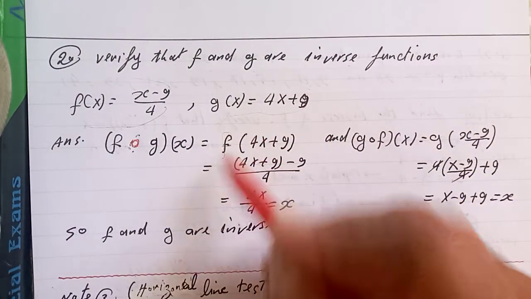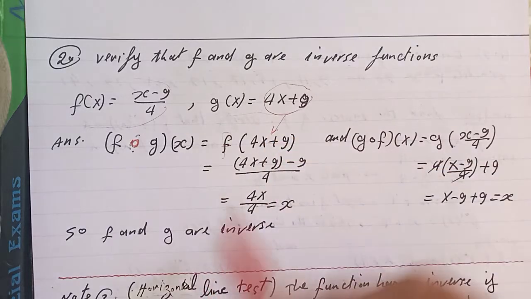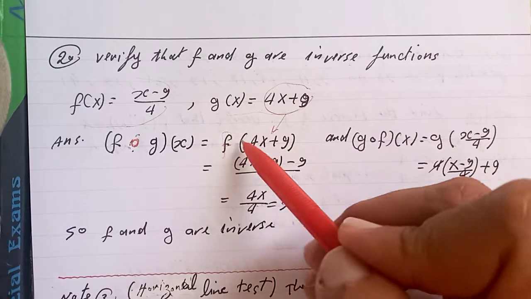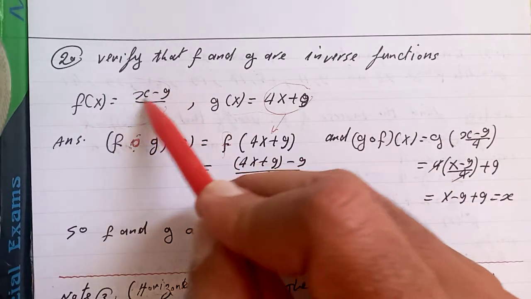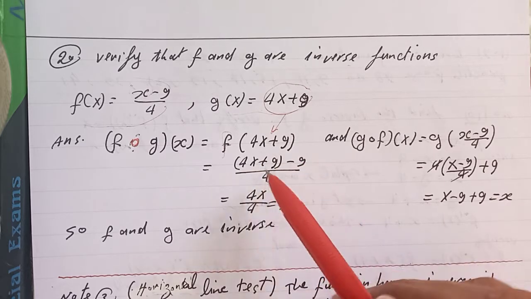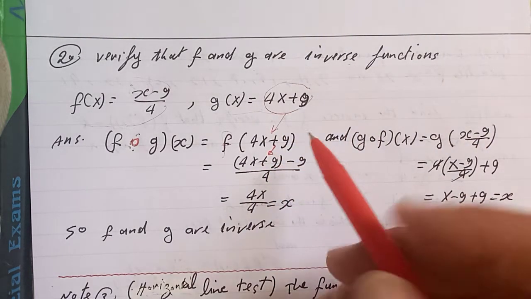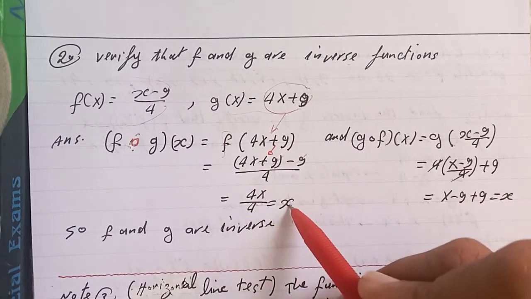Keep f, get g from here, and then go to f of x, write f, and instead of x, brackets, minus 9 over 4, and then drop this inside the brackets, and then simplify. The 9 cancels the 9, it will be 4x over 4, which is x in the end,